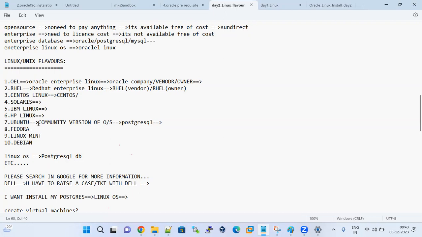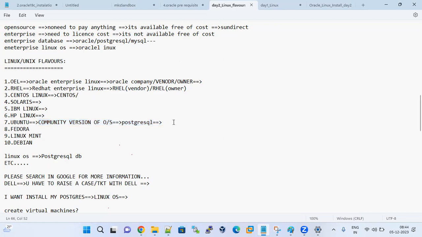Ubuntu is an open source operating system. It's a community version of the operating system. Community version or open source, both are the same, meaning the operating system is available free of cost, with no need to take any license.